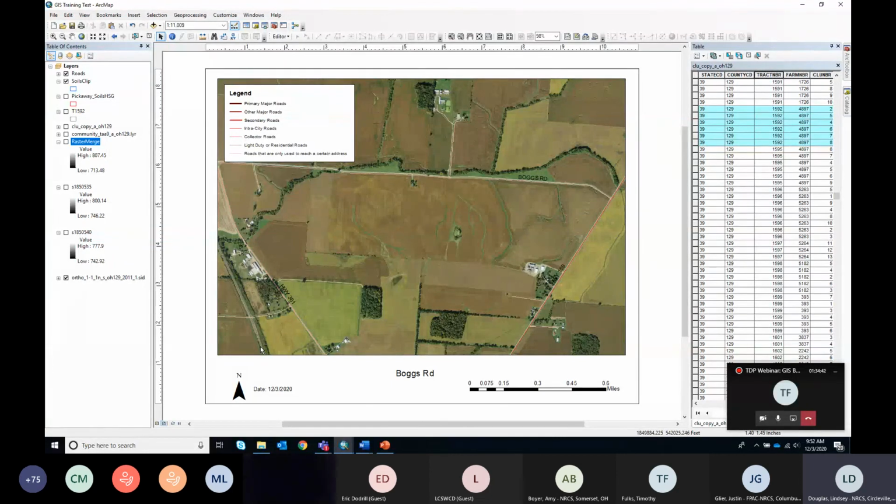Yeah, this is definitely your arts and crafts part. Probably my favorite part, making the maps look pretty. This one doesn't really, but